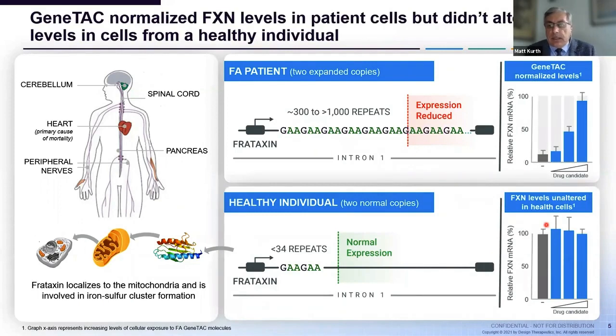Our small molecules at very low concentrations can normalize the levels of frataxin RNA in cells from patients with Friedreich's ataxia, or immortalized cells from patients with Friedreich's ataxia. Of note, these molecules have no effect on the frataxin levels in unaltered healthy cells. So what that means is that the molecules can literally unblock the block that occurs in the region of the frataxin gene where the repeats act as a brake to the ability for the polymerase to progress through that region.